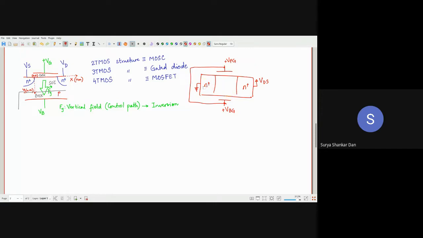In our TFETs, we have a P plus. GOT-FET is a separate modification where the gate is overlapping the source. That's why it is called gate overlap tunnel FET. So that much is there. Now what you can understand is that this is also an SOI structure. Why? Because this happens to be your gate oxide, and this happens to be your buried oxide. The only difference between this one and this one is that the buried oxide and the gate oxide thicknesses are the same.